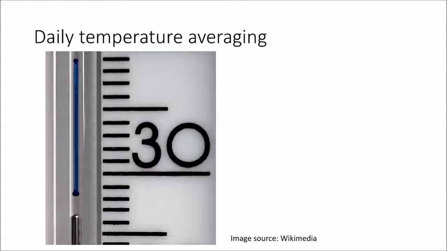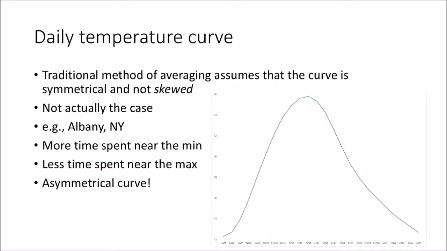You reset once per 24-hour period, and again, you get those two measurements, high and low, max and min, and then away you go with your daily average temperature. Of course, this method of averaging your daily temperature has the very faulty assumption of a perfectly symmetrical or bell-shaped curve of your daily average temperature.